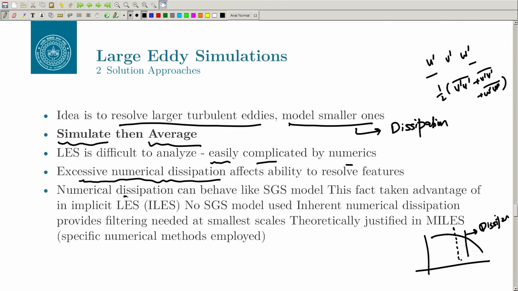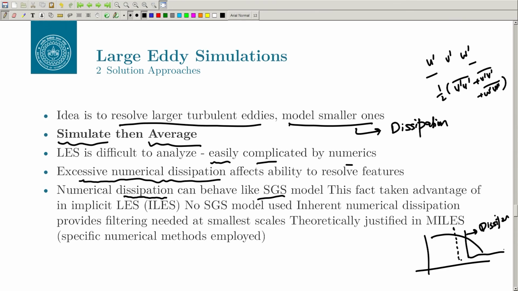So, this dissipation, there are two schools, I will not get into that discussion here. One is called implicit LES, the other is called explicit LES. What you do in explicit LES is you actually put a model to basically dissipate the flow here. Okay. In implicit LES, the argument is that the numerical scheme itself has got the dissipation, and